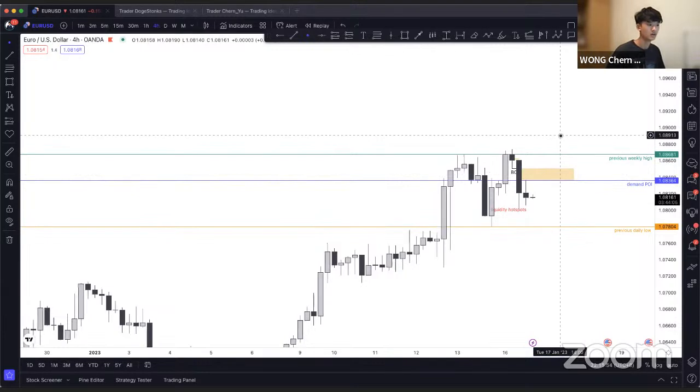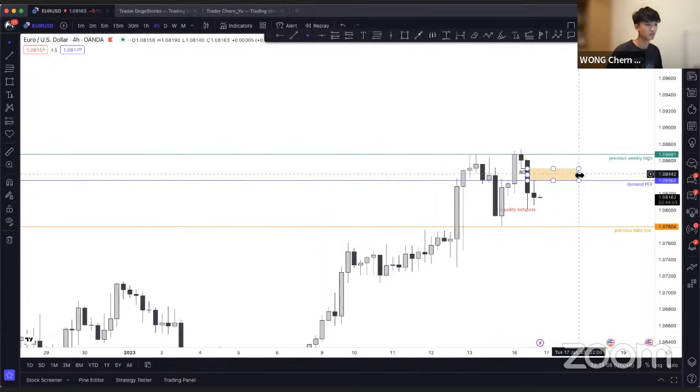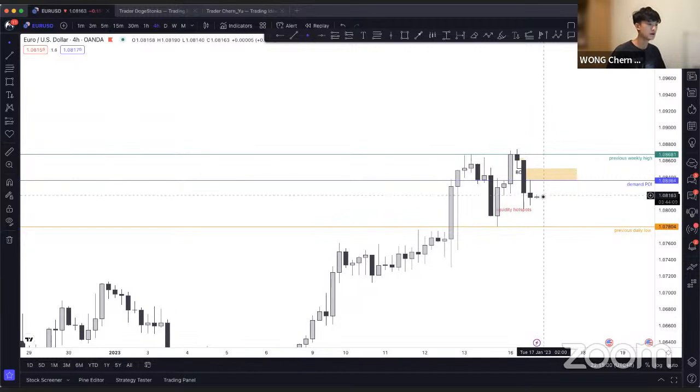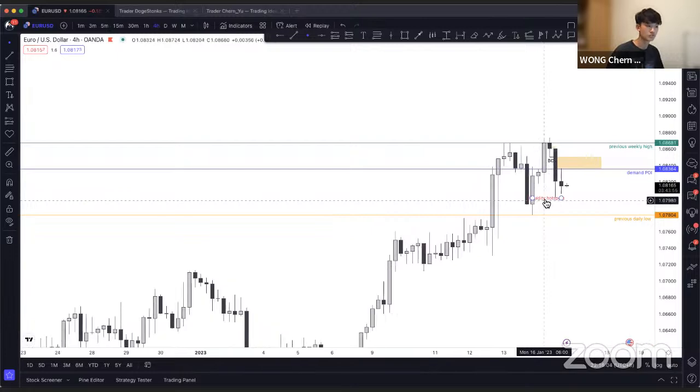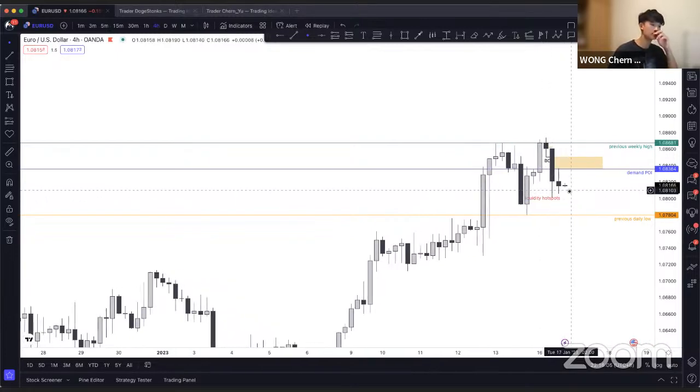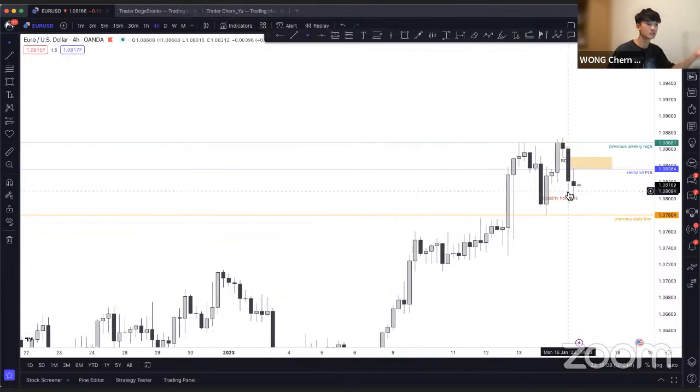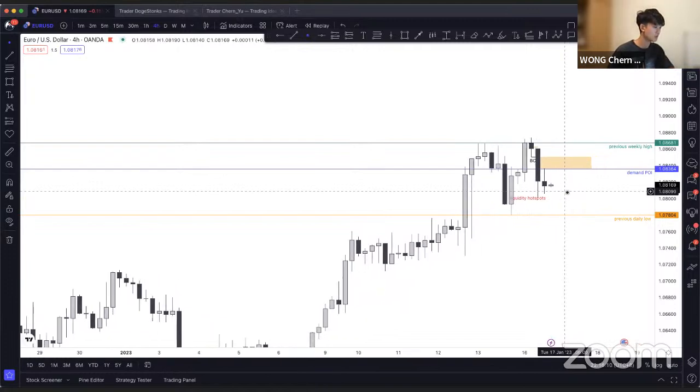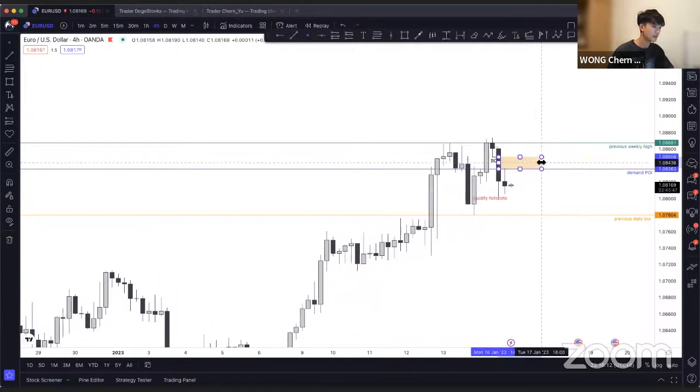imbalance or fair value gap that we can call it. Okay, so the reason why I will look for longs to these areas here is because I want to be pro trend, right? And the reason for me being pro trend is because the price has been largely in a bullish market. Okay, and that is why I would think I will look for some long positions up to this yellow zone